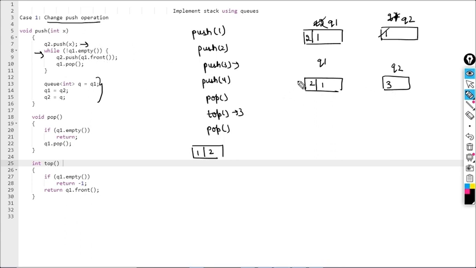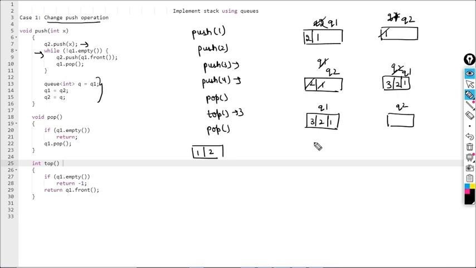And then until Q1 is not empty, remove all the elements from Q1 and insert them inside Q2. So remove 2 first, then it will be inserted here, and 1 like this, right? And then we need to change the names again. So make it Q2 and make it Q1. So the status of Q1 is 3, 2, 1, and Q2 is empty, right?